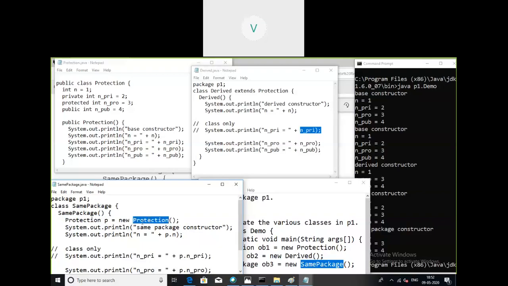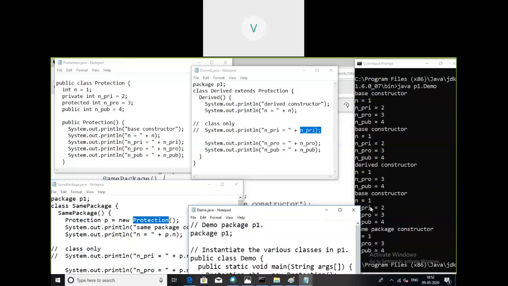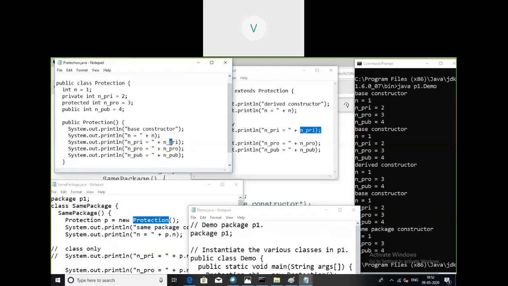That means we are indirectly calling the constructor of the superclass again here. So that's why these lines are coming. Base constructor: these 4 lines are again getting printed. That is base constructor n, private, protected, and public.